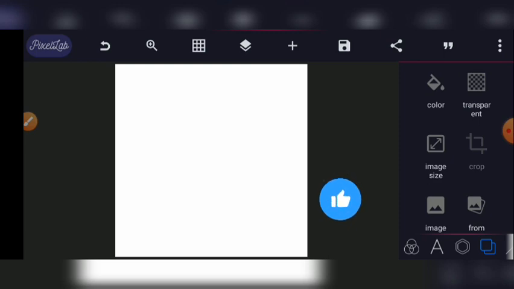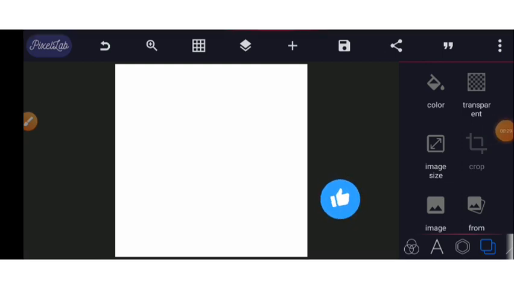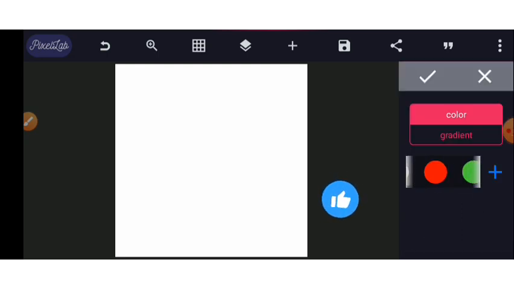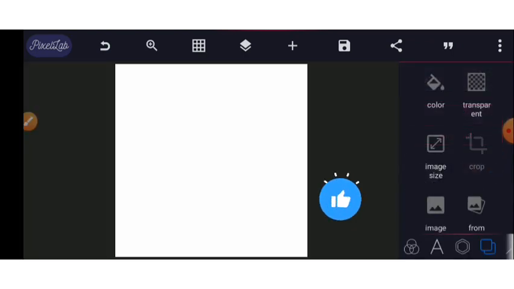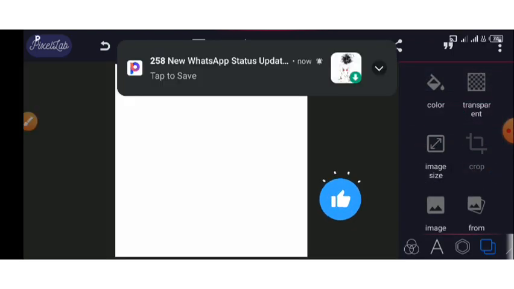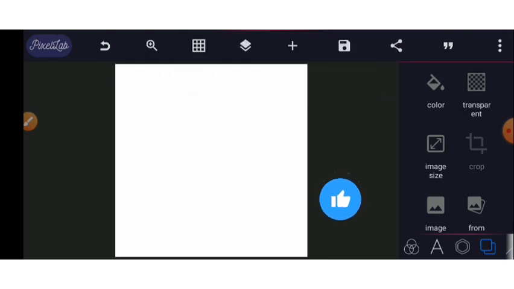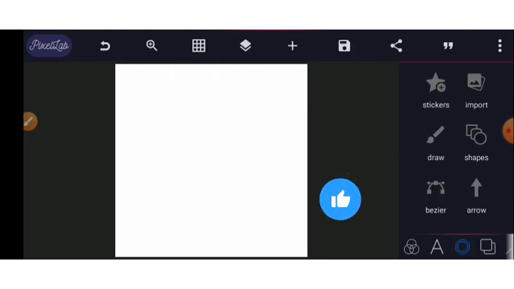What we'll be designing today is the Happy Children's Day flyer. All you need to do after installing your Pixelab is to open it. Once you open it, change the background color to white like we've done here. Change it to white, and then let's import the materials we'll be using for this design. So you go to this place, go to import,